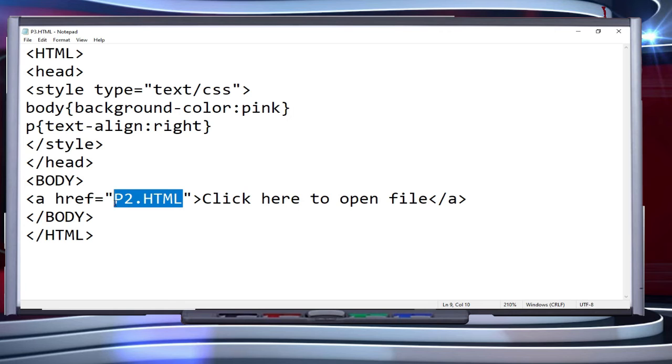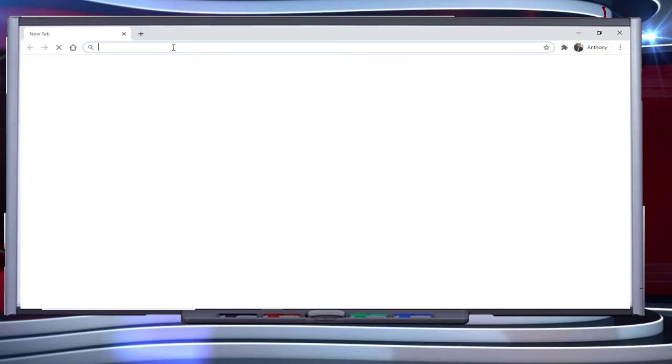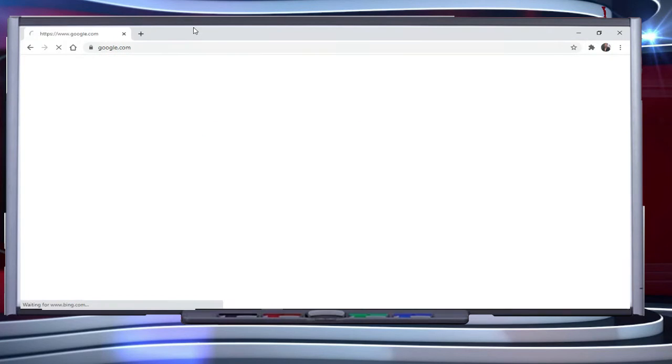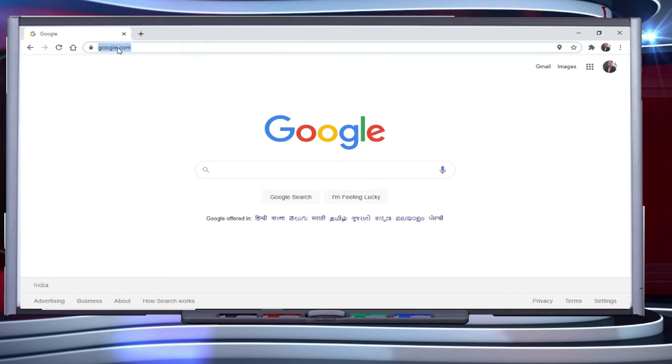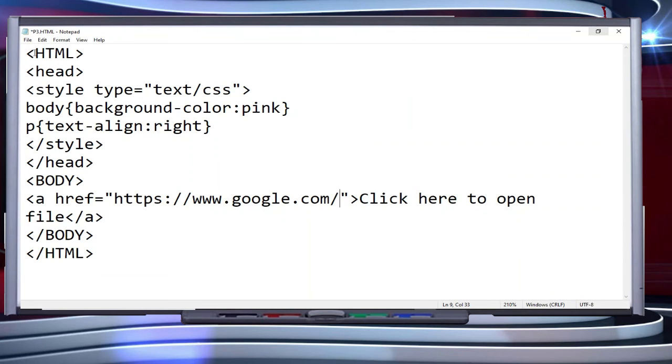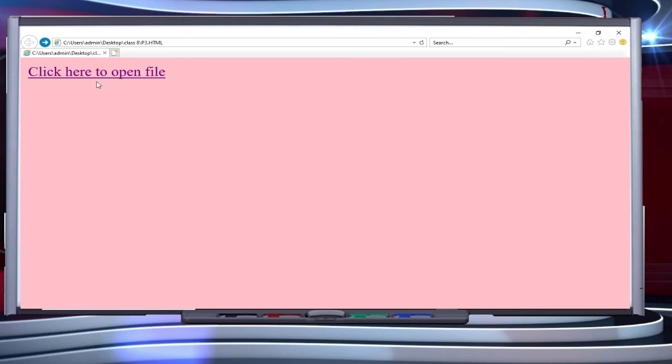So this is external. Similarly, if you want to write here any path, like let's say that I'm writing here google.com, I will just use copy and paste it here, save it, and click on this,